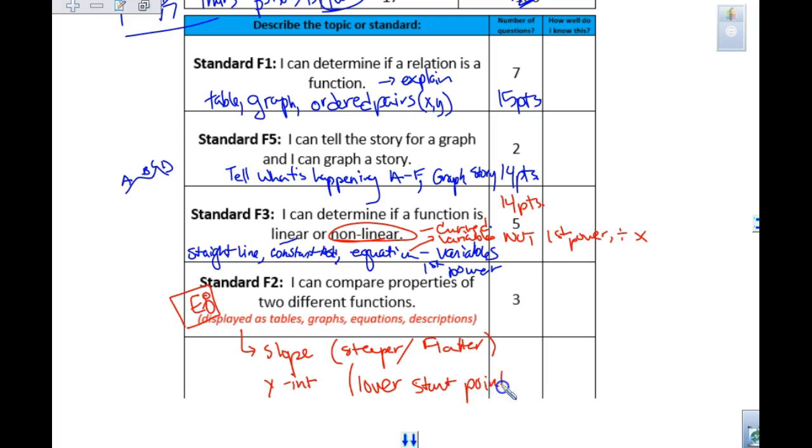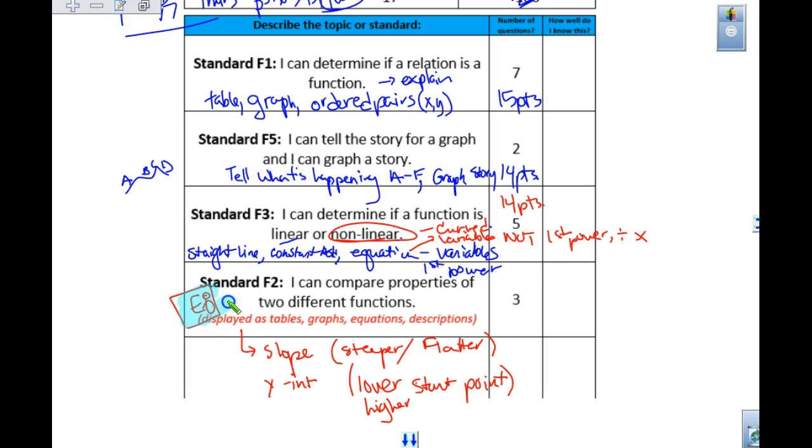Which one is not charging as much to start with? Or which one is your higher starting point? Something along that line. I might ask you to find for the 10th one, like we did yesterday. So I would say when you are looking at this, that last standard, that's why it's really important that I